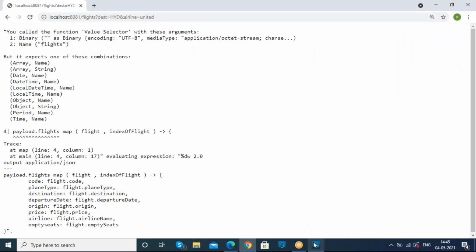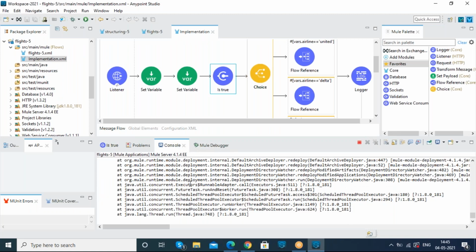For example, let me check whether our application has been deployed. We just need to redeploy the application.